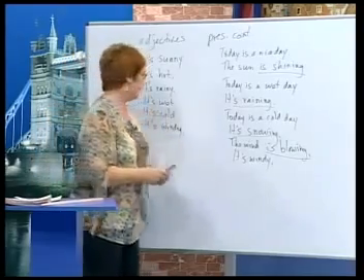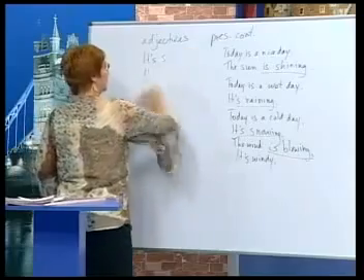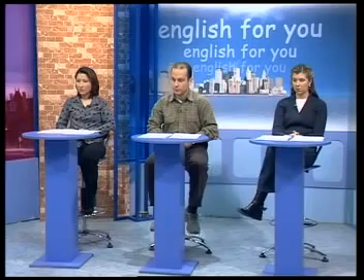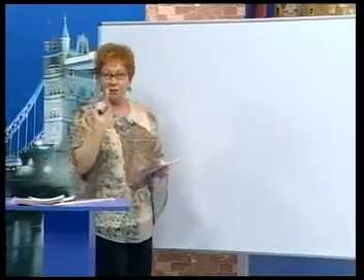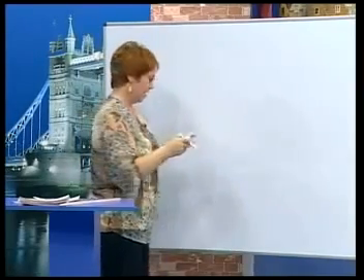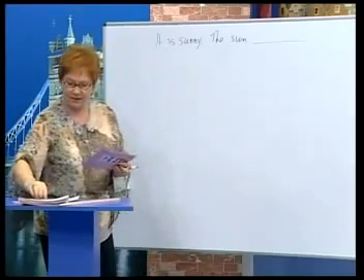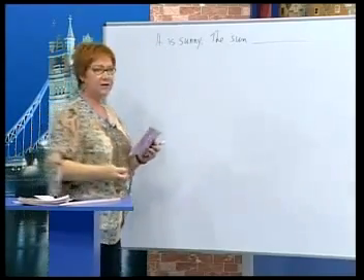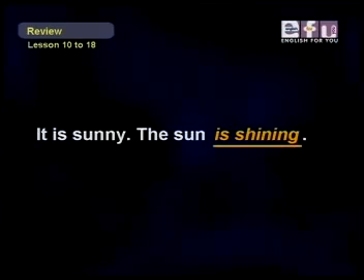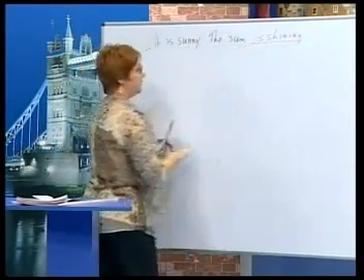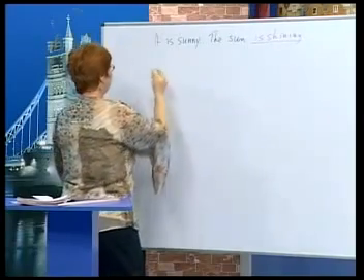Now, let's practice, and let me make some room on the board, and we're going to do some sentences with the help of our assistants. Now, you look and you think also. Okay, here we go. It is sunny. The sun. Okay, let me get my red pen here for the answer. And Isabel, you do the first one. Okay. It's sunny. The sun is shining. Yes, good. The sun is shining. It's sunny. Adjective. Present continuous. The sun is shining. Okay, here's another one.